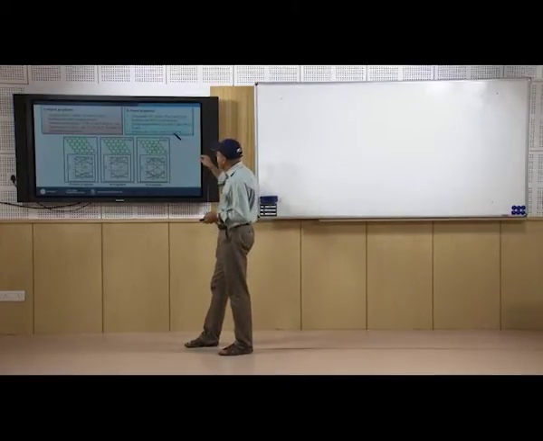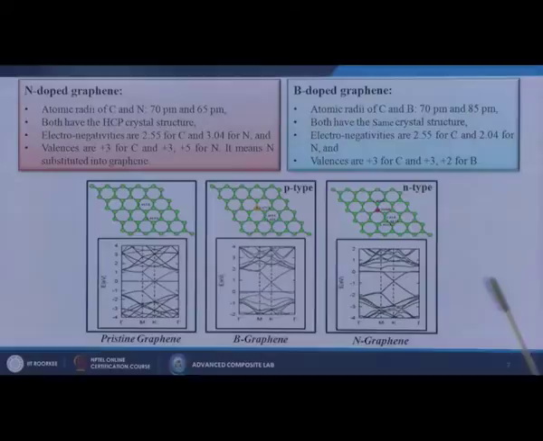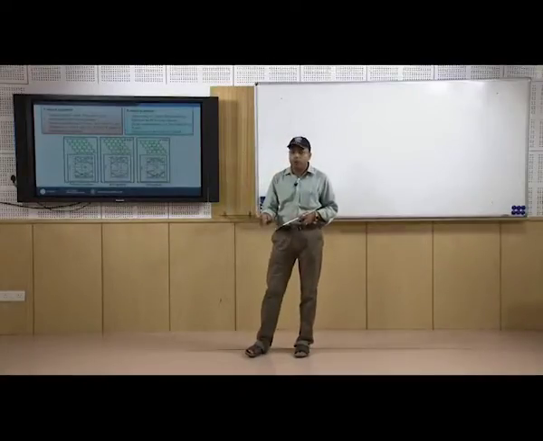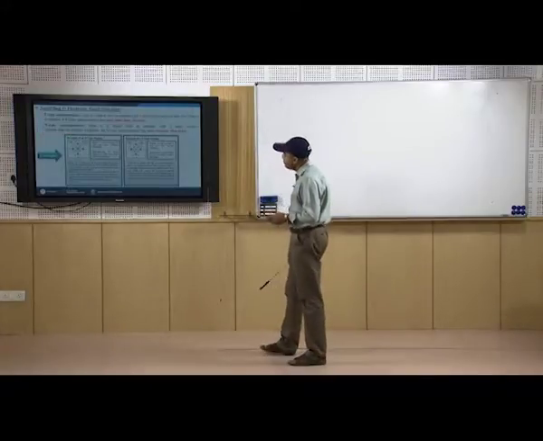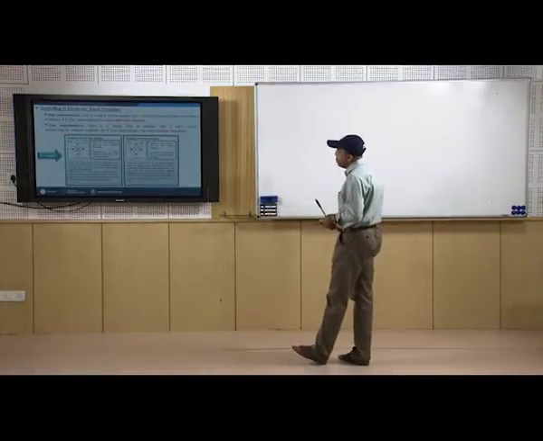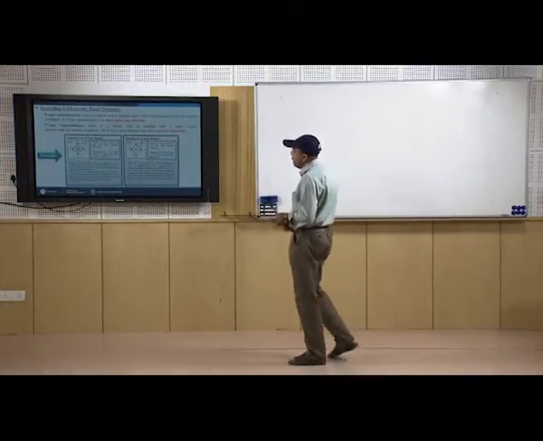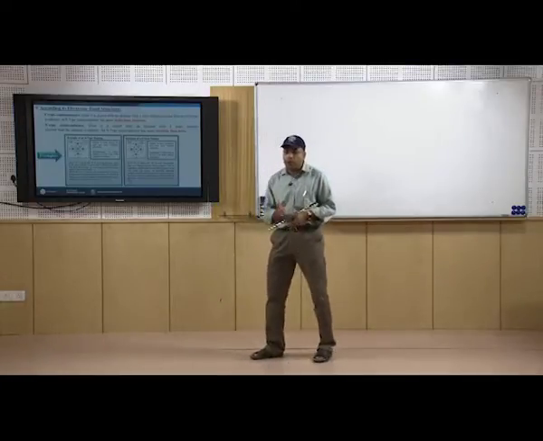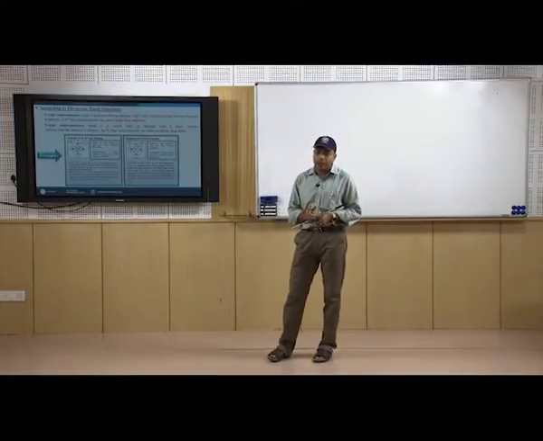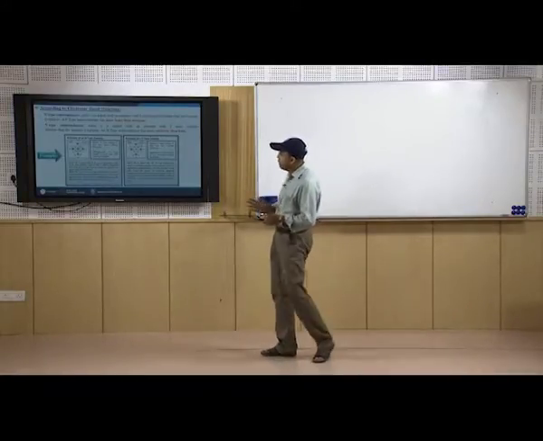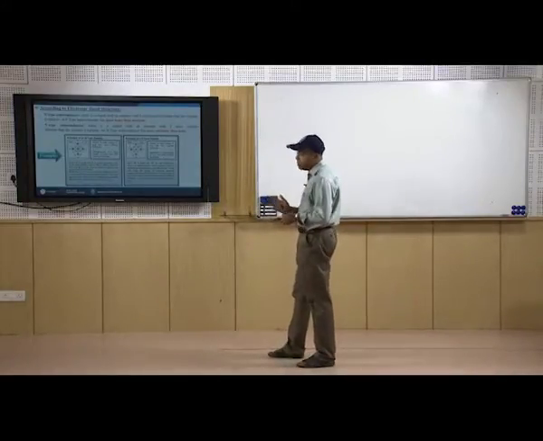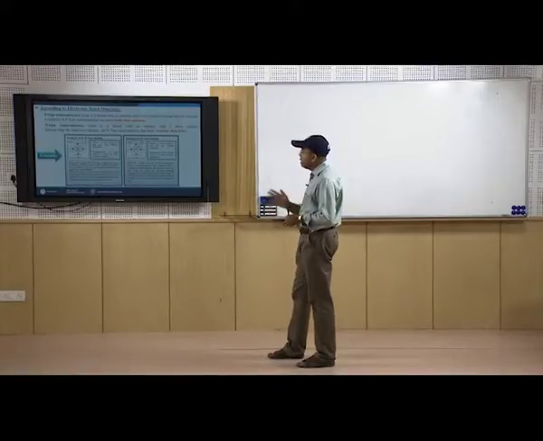But if it were equal, then either carbon can go inside the boron or the boron can go inside the carbon itself. So, according to the electronic band structure, we can classify these things into two types, one is called the p type semiconductor, another is called the n type semiconductor. Then what is the reason behind it?